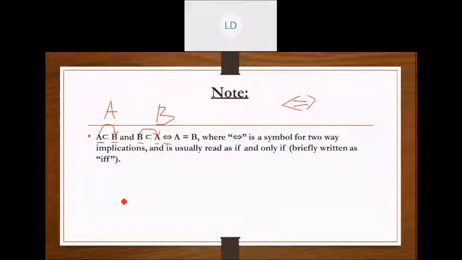So if I give an example, if the traffic is late, if the